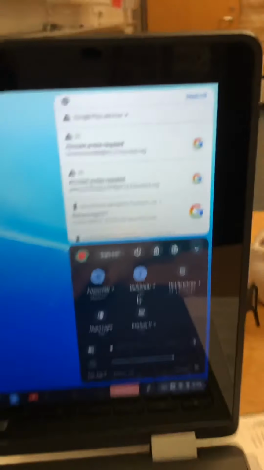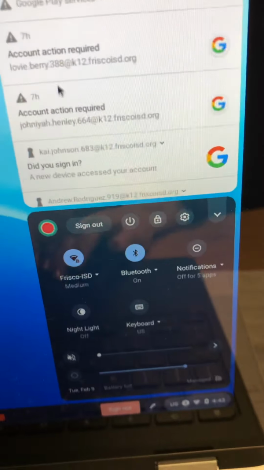Oops, I hit the wrong button. So you come over here, get this menu to come up, and then you're going to come up here and click sign out. It's reflecting now, that's funny. Okay, and then when the computer comes back on,